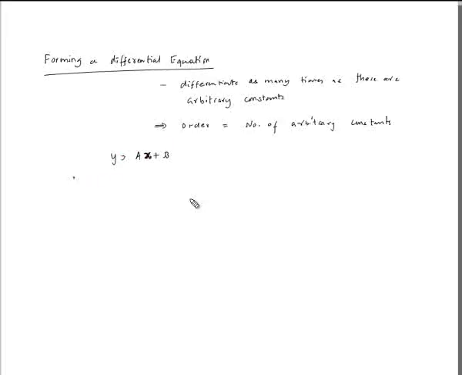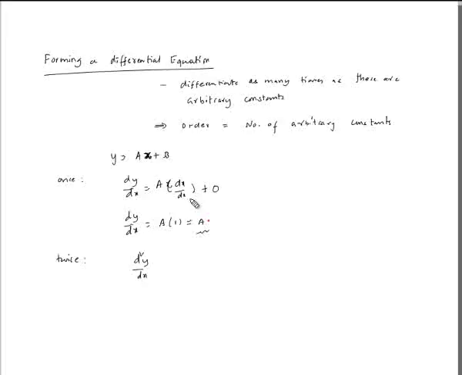Now if I differentiate once, I will get dy by dx is equal to a into dx by dx plus 0, since b is a constant. So dy by dx is equal to a into 1, which is a. So this is differentiating once. Now differentiating a second time, you will get d square y by dx square,